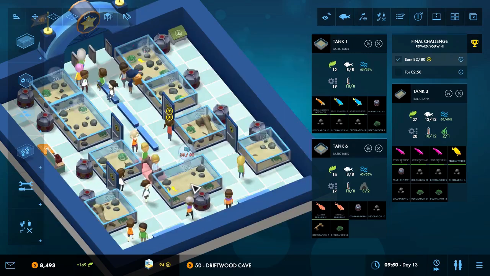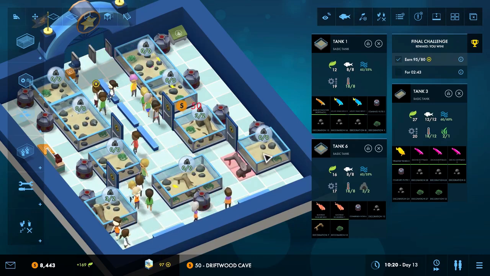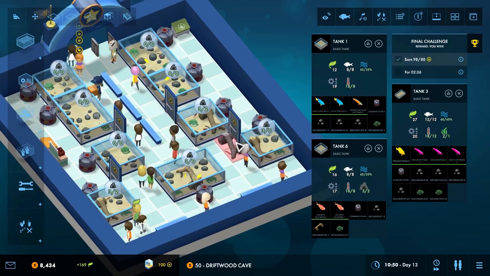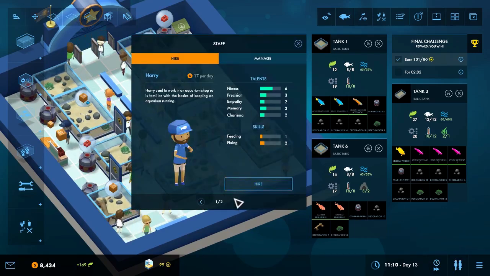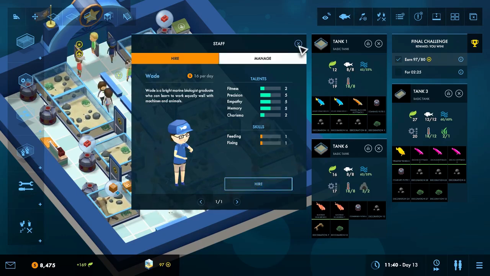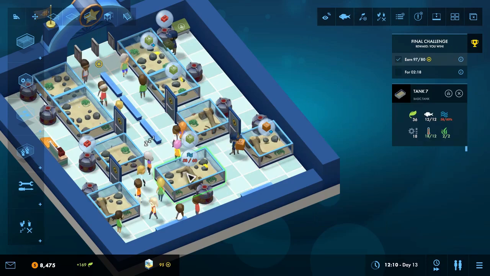Okay, I'm going to actually add a driftwood cave to this. Yeah. One here and one there. Nice. Okay, so one more staff then. Who do we have? Feeding, fixing. Yep, we are going to hire Harry. Okay, so that should be enough to get everything going, except here where